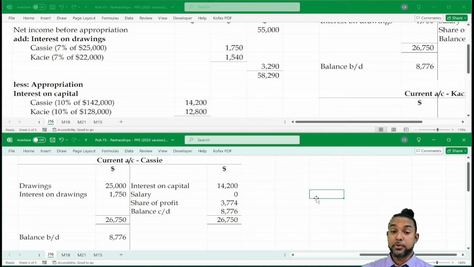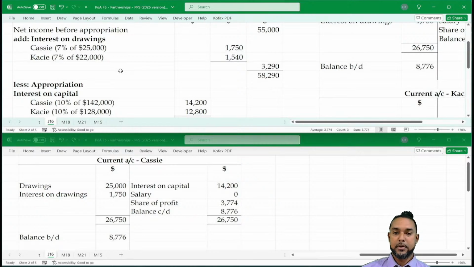Okay, lovely. All right, so what I would like you guys to do, if you're good with it, please do up your next partner, Casey, do up her current account. All right, so